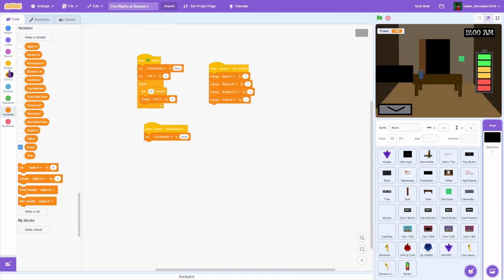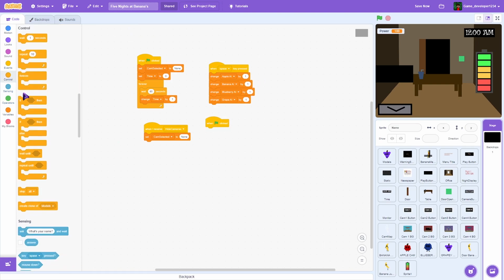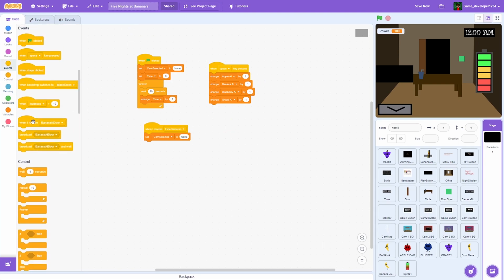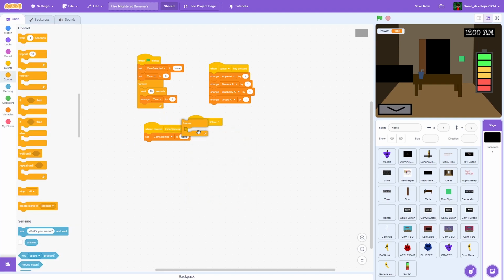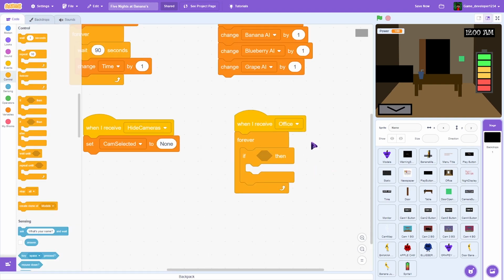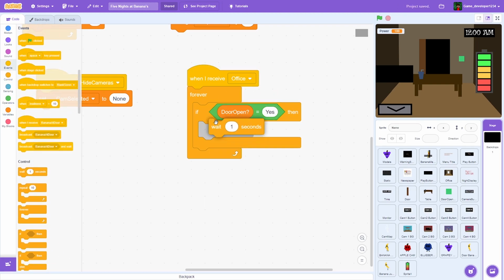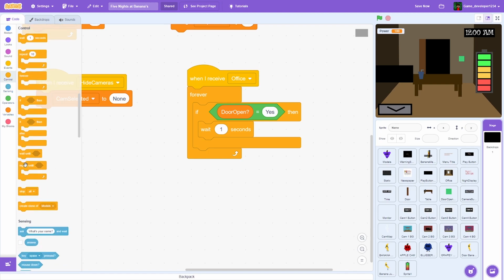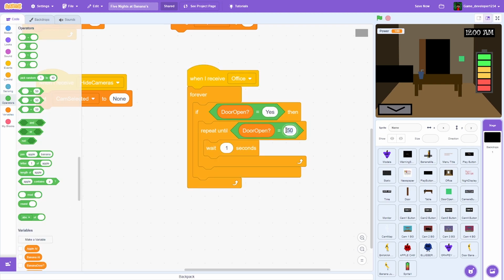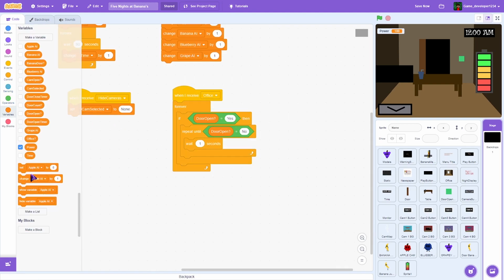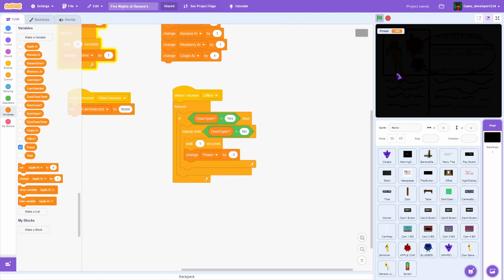And in the backdrops we can do when green flag clicked. Oh, actually no, when I receive office, forever, if door open equal to yes, then we're gonna wait 1 second. Actually no, we're gonna repeat until door open is equal to no. We're gonna wait 1 second, and we're going to change power by -1. Okay, so now if we try this,